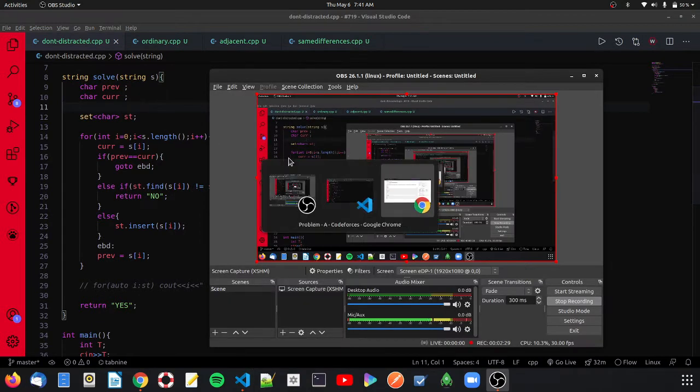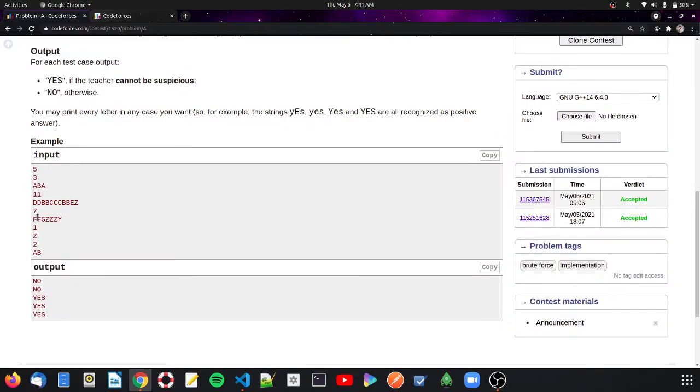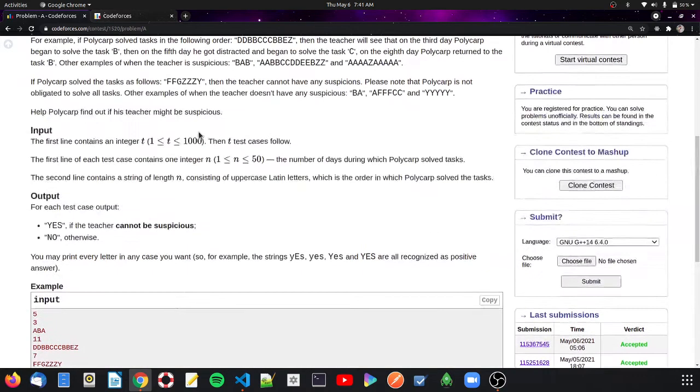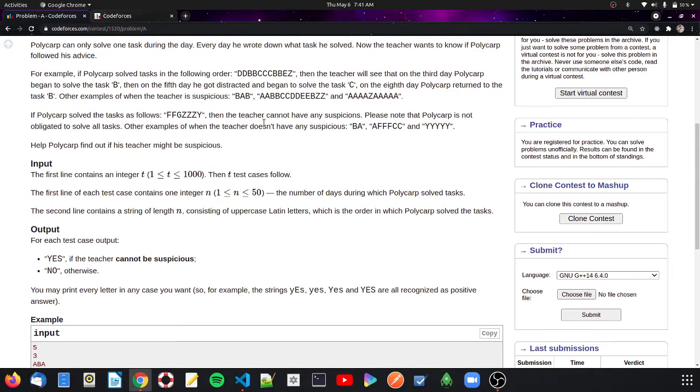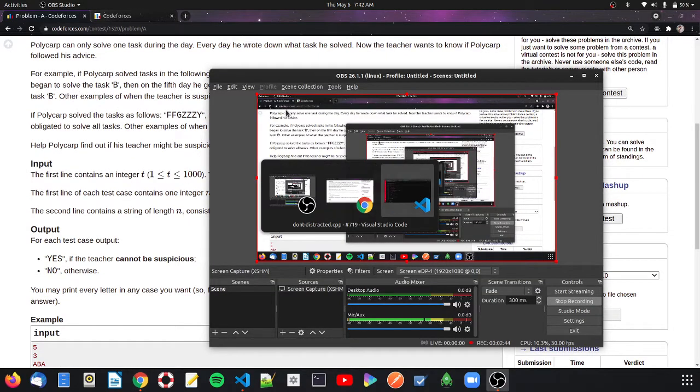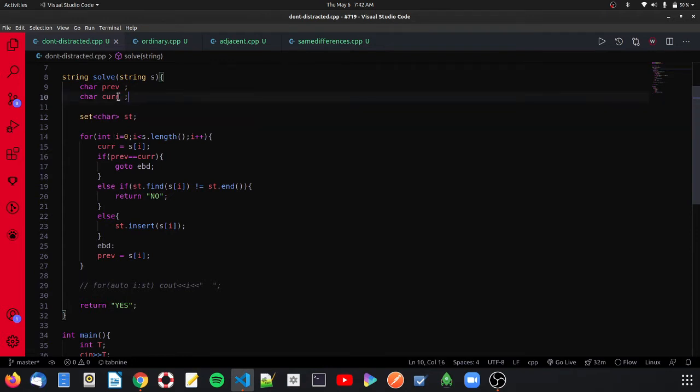If we check here, we are having two F's, multiple characters in the same row, continuing in a continuous manner. So we need to keep track of them, and that's what we are doing. Then we are having a set so that we don't need to store all the multiple values. Just storing a unique value will be enough. That's why I'm using an ordered set.